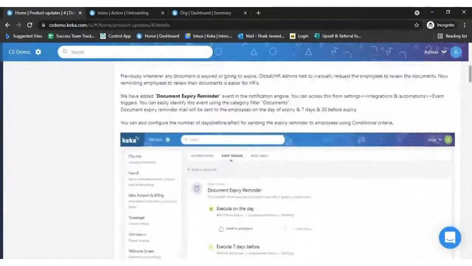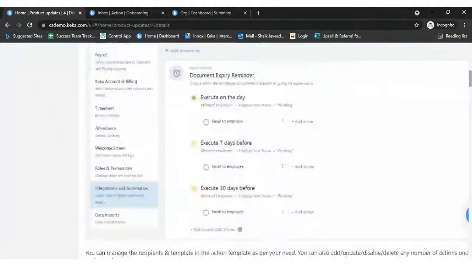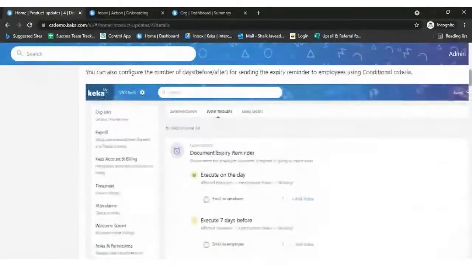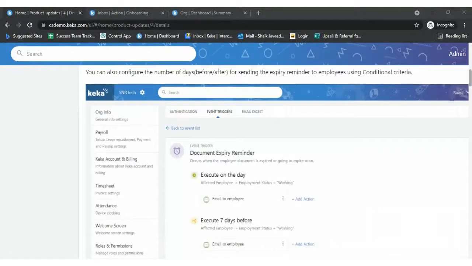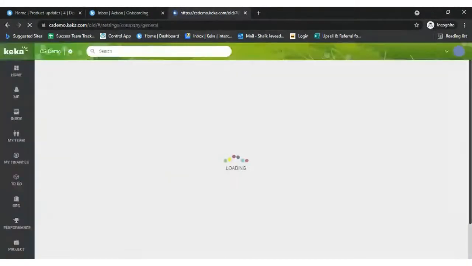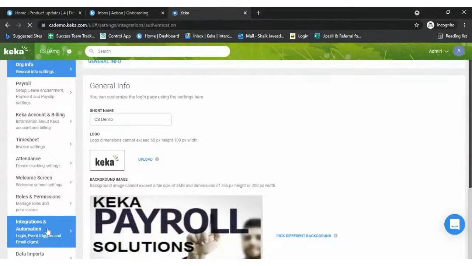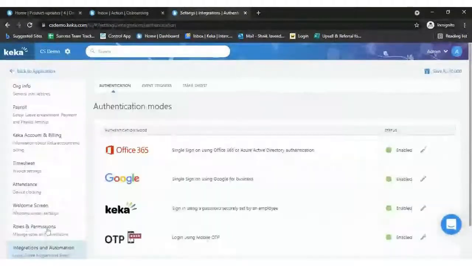For that category, if you want to keep an automated reminder, you can navigate to the page called integrations and automations, then the settings path.